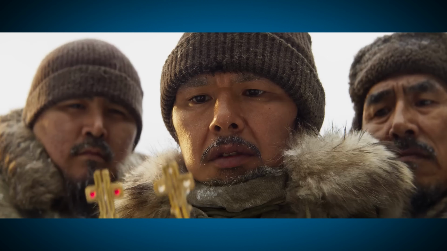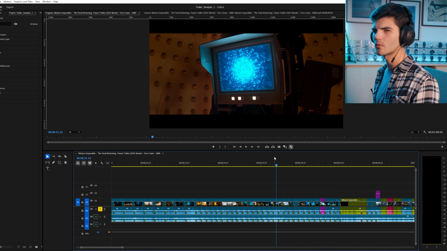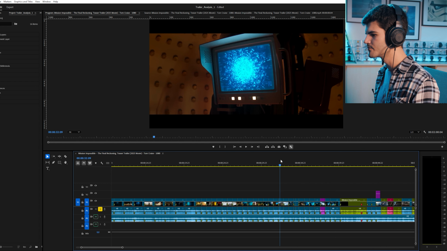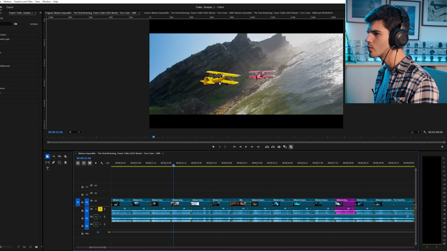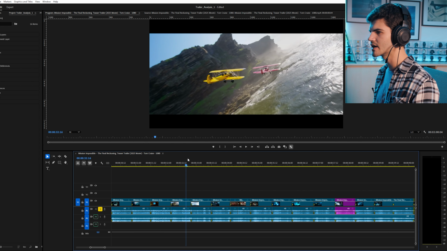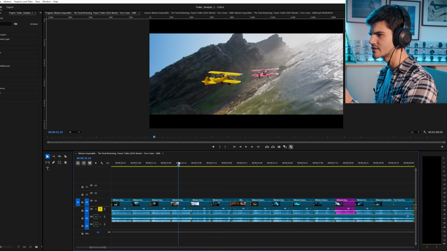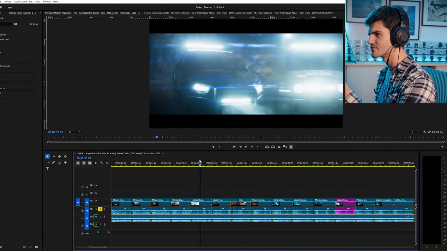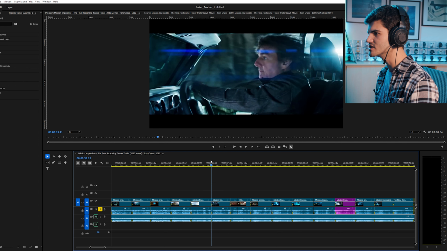It's come to this. You can see that the music changed a little bit. Now we have a different voice speaking, and the edit is just flawless. So we have these two planes moving from the left of the screen to the right. Then it cuts to these two vehicles. It drives your look from left to right. We cut to Ethan. We can tell that he's in one of these vehicles.